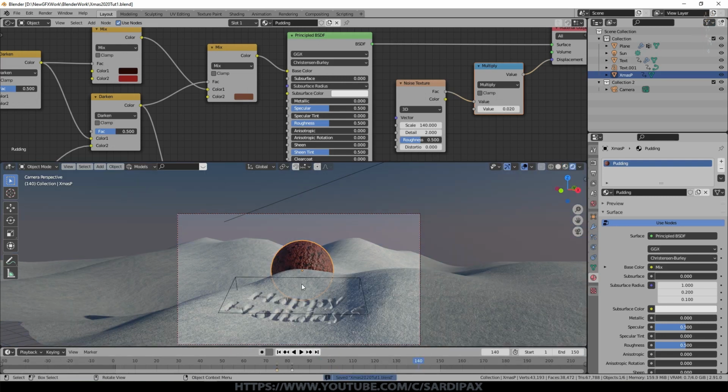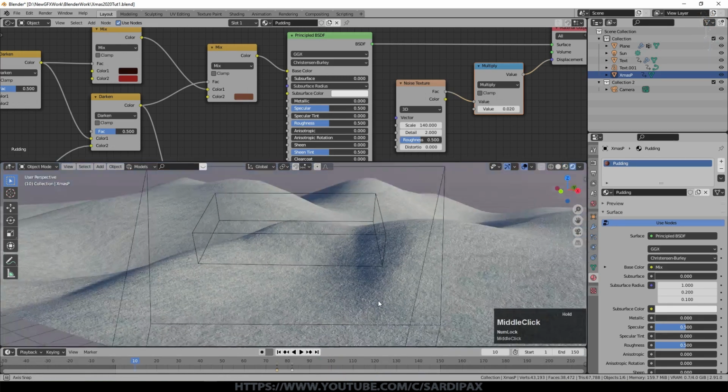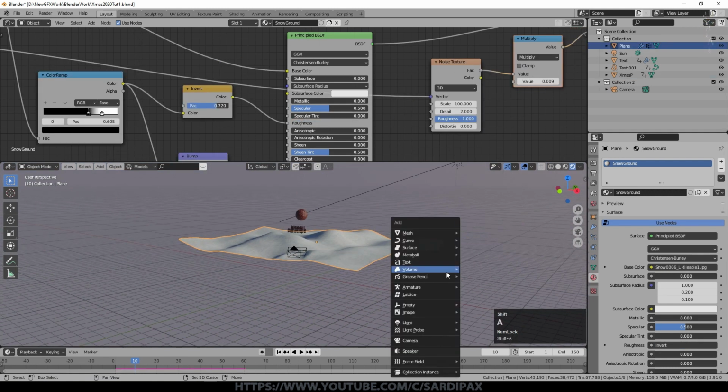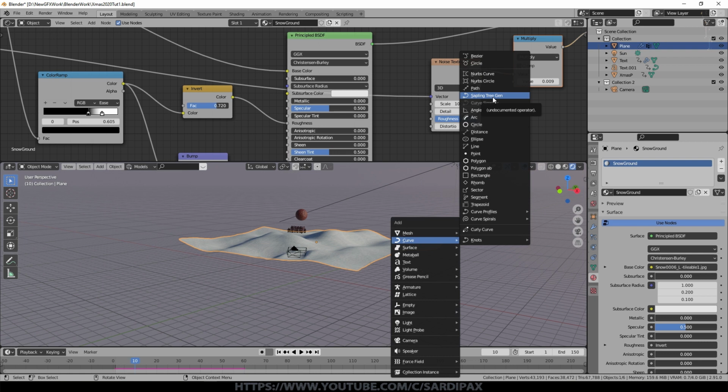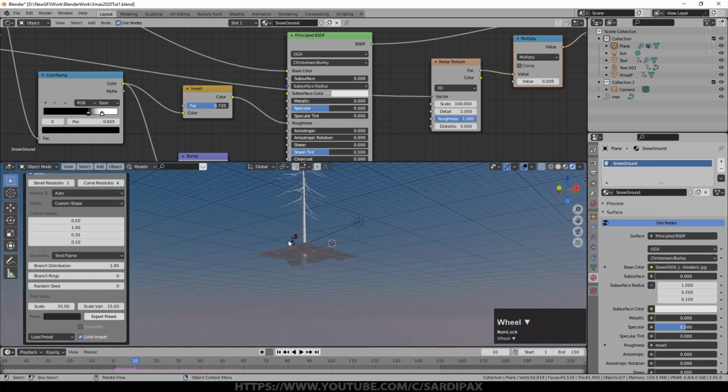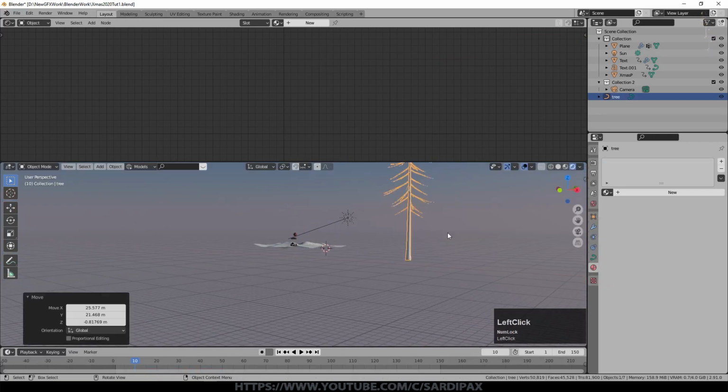So that's got those objects falling, and now we just need to do a few little tweaks such as adding some snow and some trees and things like that. So let's just add under curves the sapling. It always puts it in the middle. I loaded the preset, which was the Douglas fir. Select it and move it off to the side. It doesn't need to be that big, and then do it again.